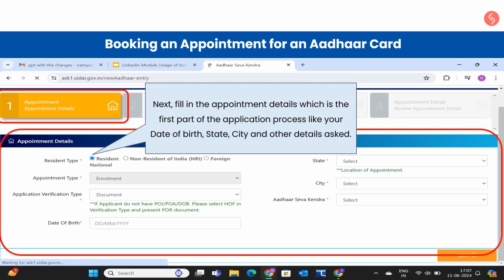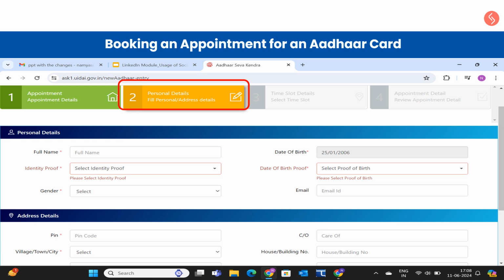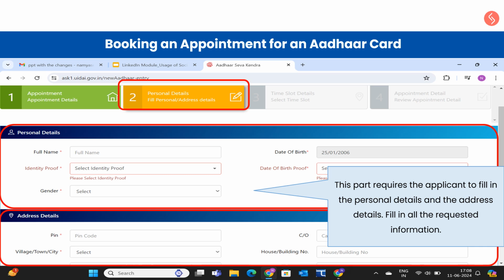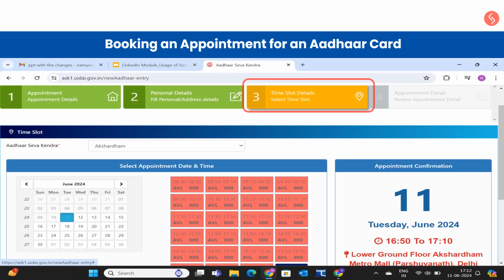In the next section, you can fill in the appointment details, which is the first part of the application process, like your date of birth, state, city, and other details asked. You can proceed with the second part of the application process. This part requires the applicant to fill in personal details and address details. Fill in all the requested information.